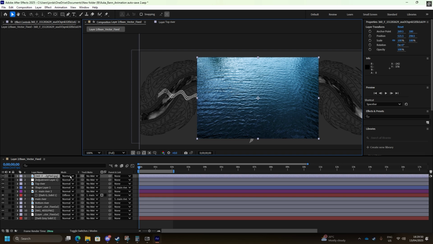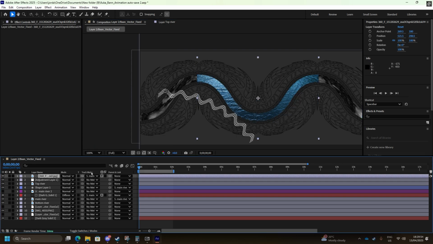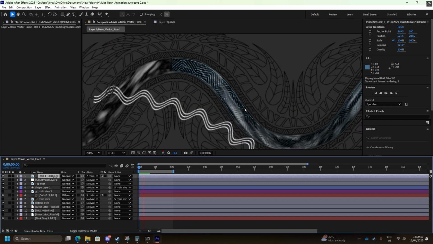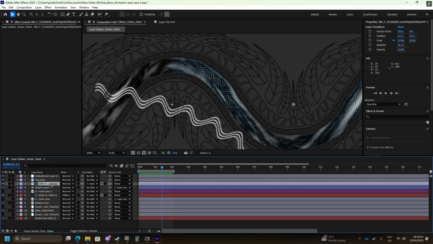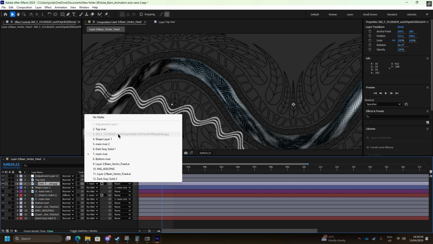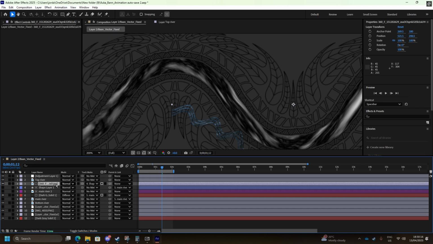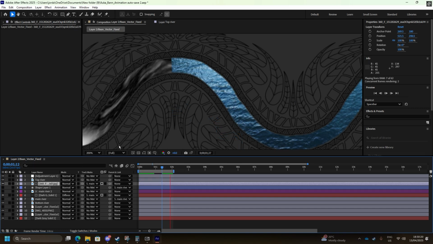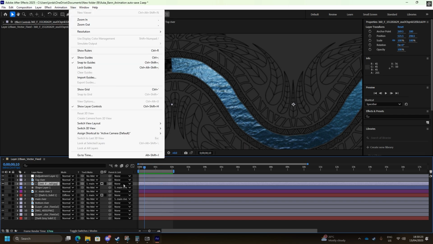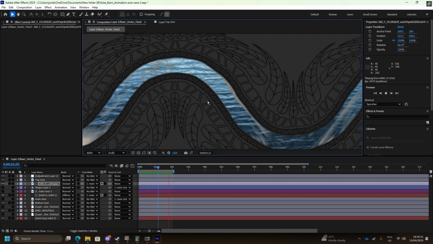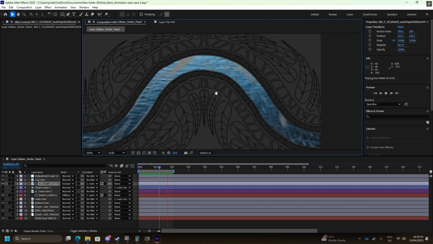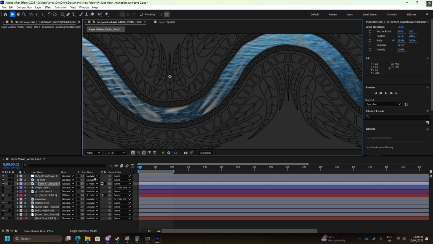As it was. So obviously, we can either track matte it to the whole shape or the main river. See, we can texturize it, or we can track matte it to what's below that. To that one. It's this. And then obviously we can just do that. You can also just try to